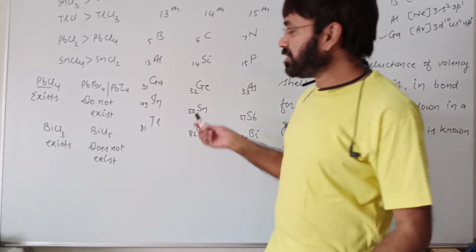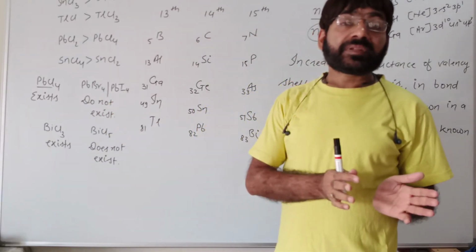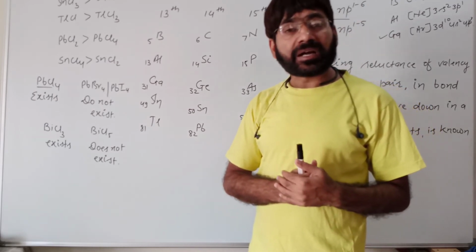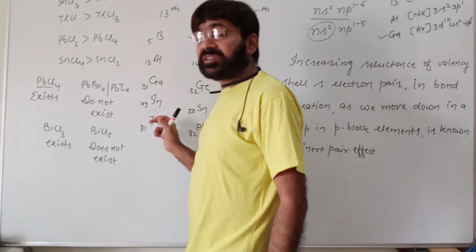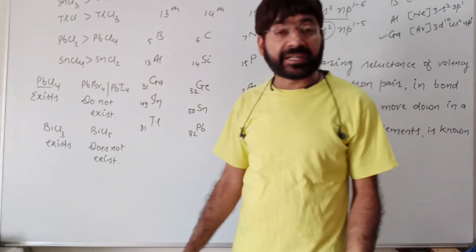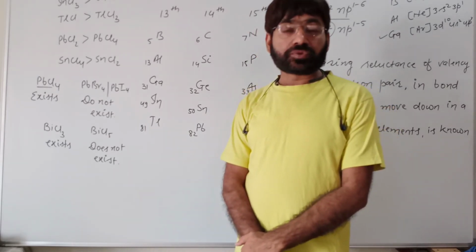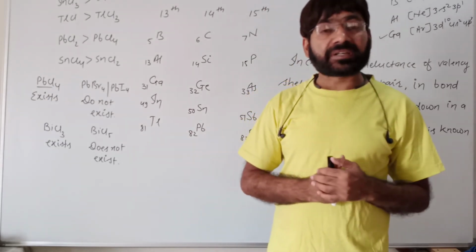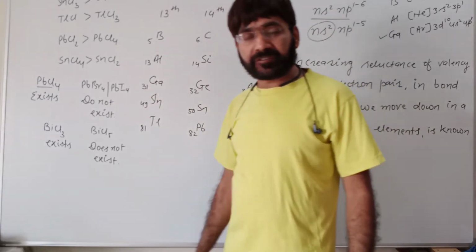In a more-than-one-correct question, one more answer can be correct if steric hindrance of Br negative or I negative is given. Br negative and I negative are quite large in size, so it is quite difficult for Pb+4 to accommodate four larger Br or I negative ions over itself. This also can be correct if the question is of the more-than-one-correct type. This was related to the inert pair effect.